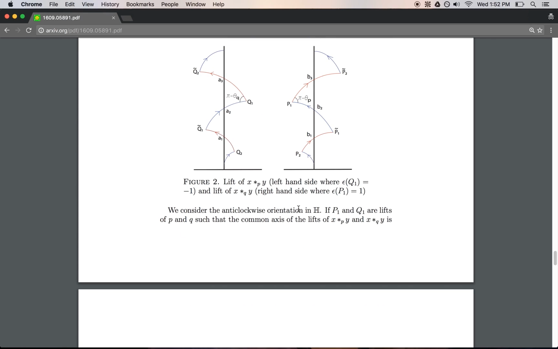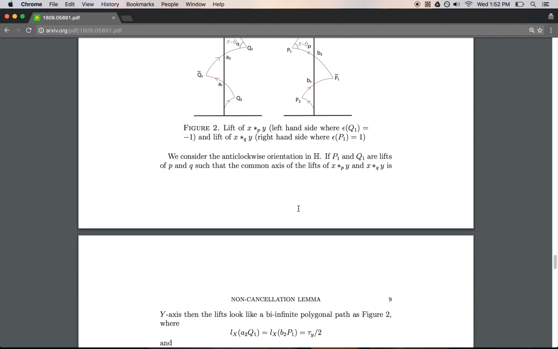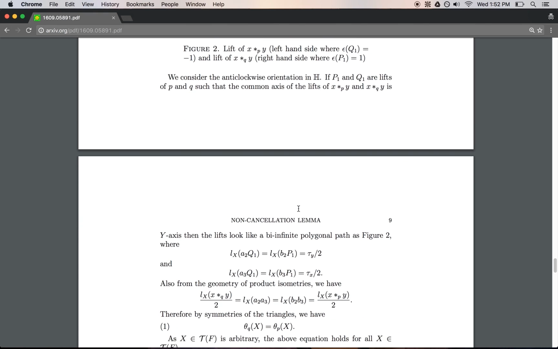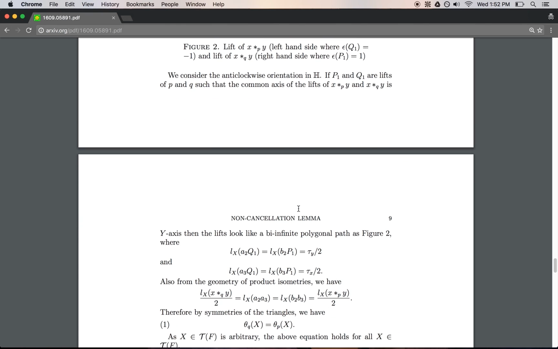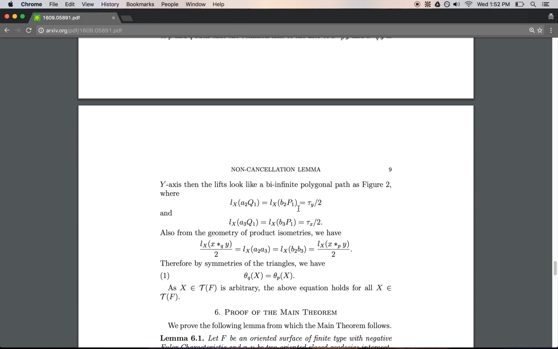We consider the anti-clockwise orientation in the upper half plane. If capital P and capital Q are lifts of P and Q, such that the common axis of the lifts of the loop product of x and y at x, in both P and Q, is the capital Y-axis, then the lifts look like a bi-infinite polygonal path as in figure 2, where